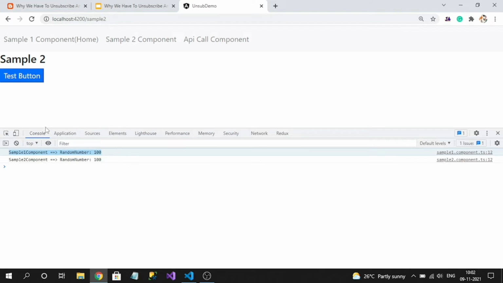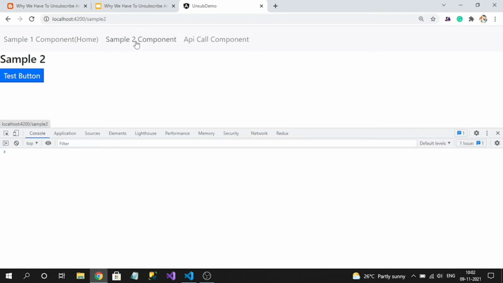Since I have only visited sample one and sample two, and then clicked the button, that's why it is showing two times. Suppose I am on the sample one component, then I went to sample two, again on sample one and again on sample two.